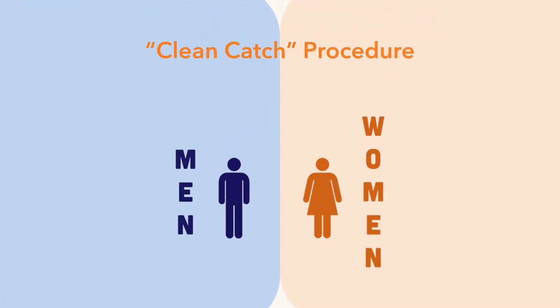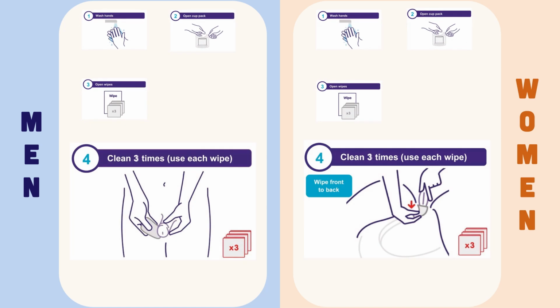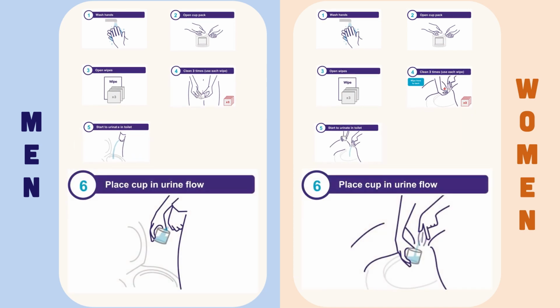Why did this happen? Could it have been avoided? In order to properly diagnose UTIs, it is important to follow a specific set of instructions called the clean catch procedure. First, a patient washes their hands and opens the kit containing a cup and wipes. Then, they clean the inner folds of the genitalia with the wipe at least 3 times. After that, they begin to urinate into the toilet and then move the cup into the urine flow to collect